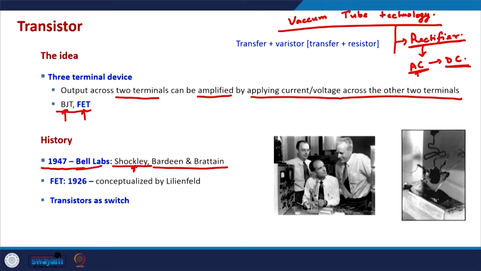That's why this conversion from AC to DC was quite crucial, and this was achieved using rectifiers. And the first electronic device that achieved rectification was the vacuum tube diode. That is essentially the beginning of electronics engineering, and soon after the vacuum tube diode, a vacuum tube triode was proposed, in which, apart from rectification,